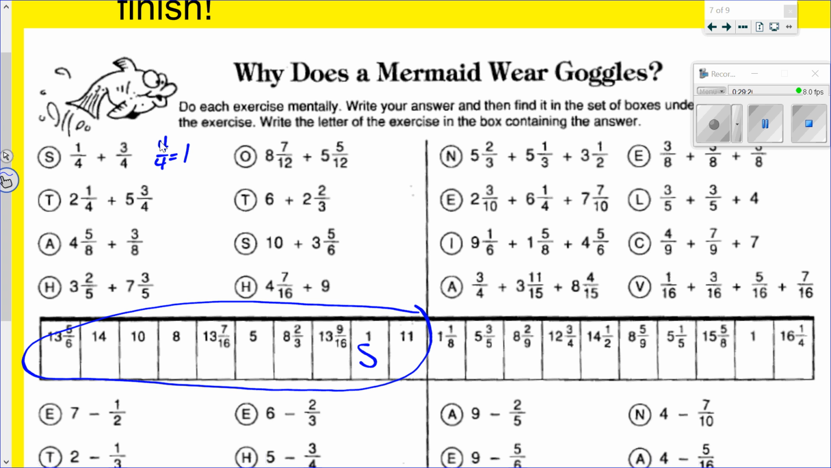Okay, any questions on the math piece of it, guys? Any other math questions? Okay, so anytime we have left, you guys can work on